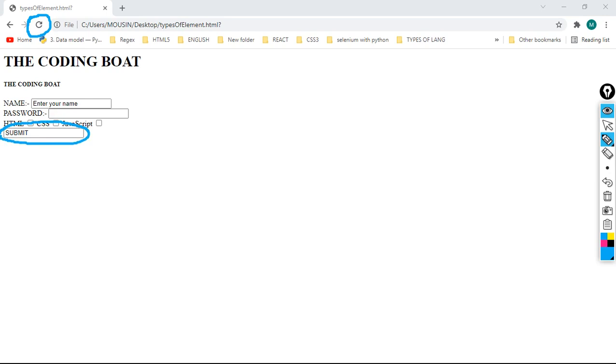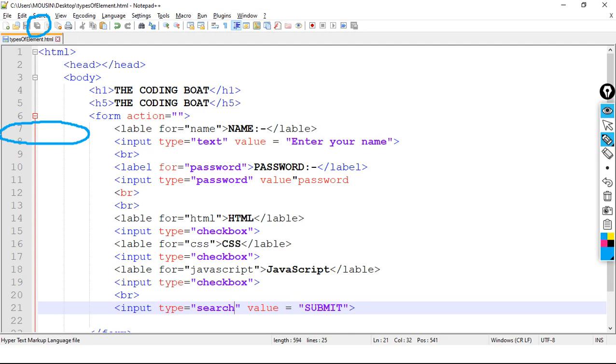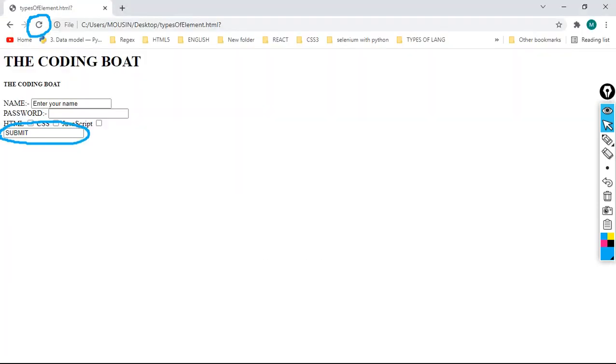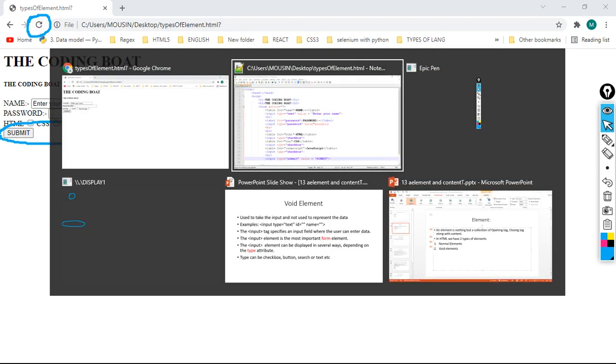Now I am again changing it to submit. Again its way of looking or way of representation will change. See here, save the code and observe, I am clicking on refresh. Okay, here it is again. The way of representation of void element is changed when I change its type attribute. Okay, now let's move on.